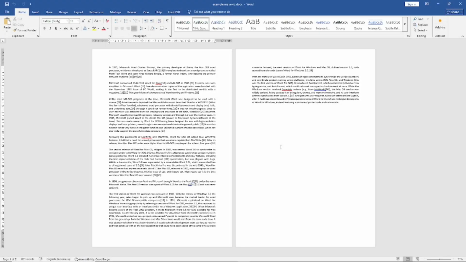Hello everyone, today we are going to learn a basic Microsoft Word tutorial: how to print double side. So we have this example document, and if you want to print double side, you can go to the File menu,